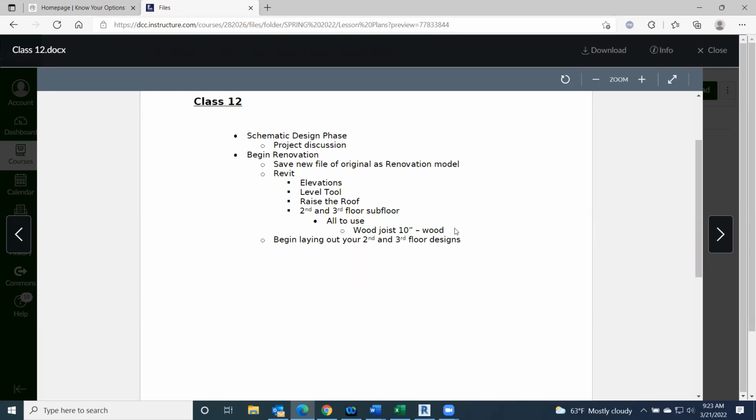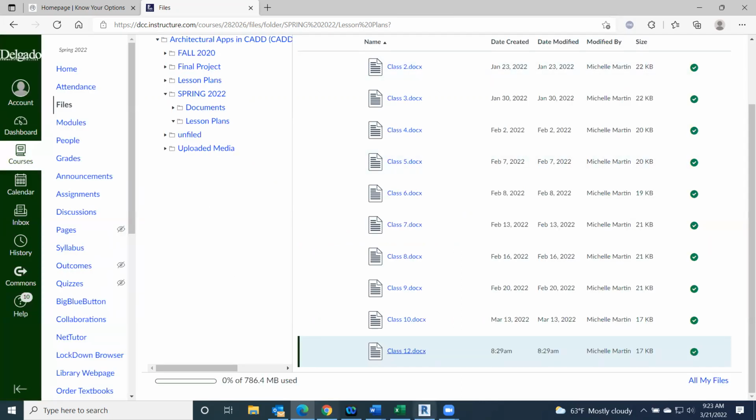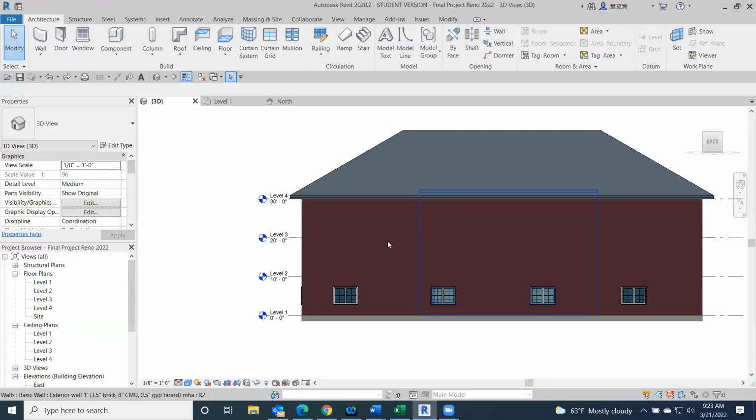it next class, or you can upload something for this mod so I can see what your ideas are. But we'll talk about that next class, how you want to lay that out and start laying out those second and third floors. That's the really interesting part, to see what your ideas are in creating those new floors and new office buildings. So let's go ahead and jump into creating our